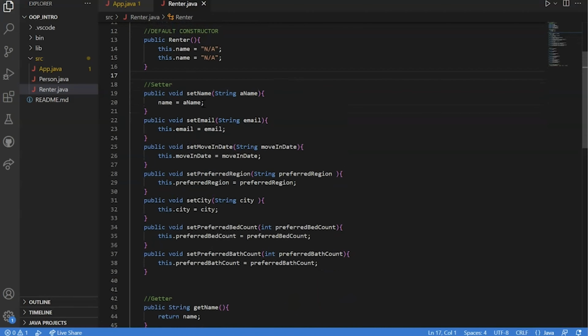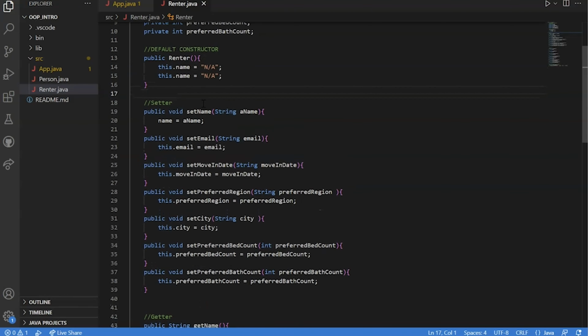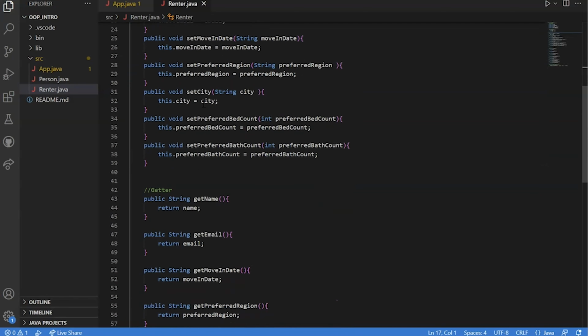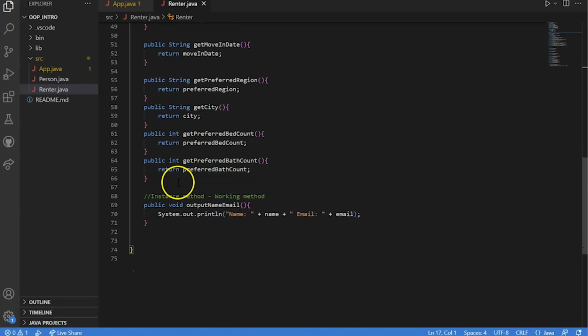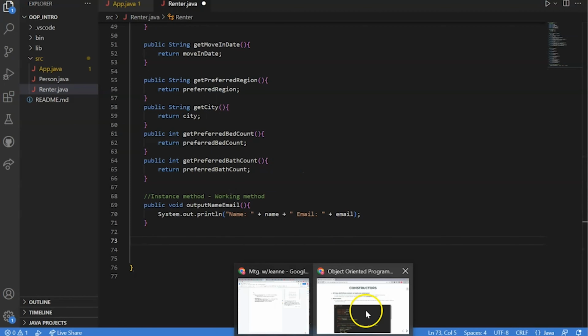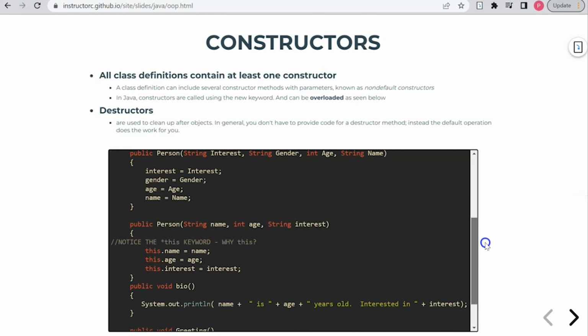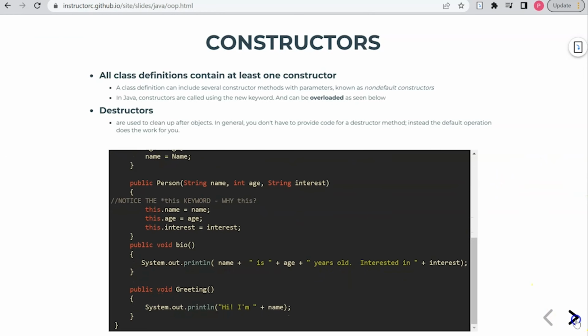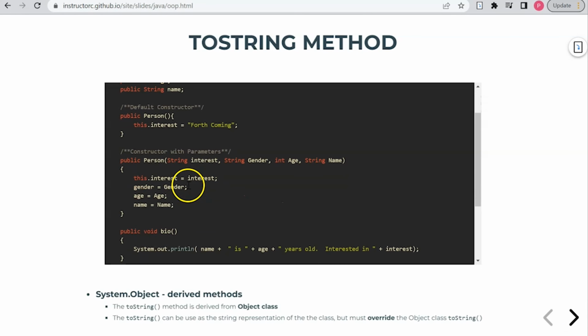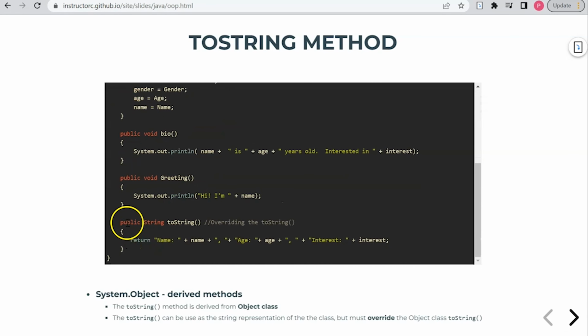And one of the other things I want to introduce you to is something called a toString method. A toString method is the string representation for a class. I usually define my toString method typically at the bottom, and I have a slide for that. So here, if we go to the slide, I'm not sure if I have a toString represented here, but let me scroll over. So here's an example of a toString method at the bottom here, where we say public String